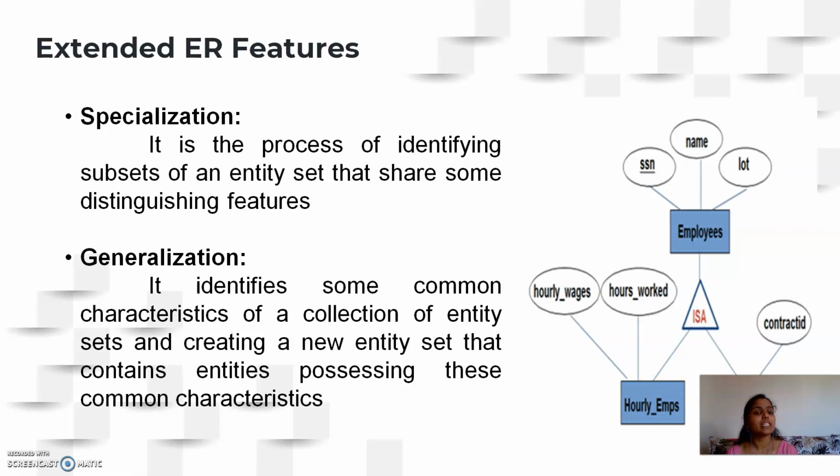Similarly, there could be another class of employees called contract employees who will be working only for a certain tenure of period. So here, in the process of specialization, first identify the super entity or the super class, and then identify the attributes that we have. From these attributes, identify the distinguishing characteristics and then put them into separate subclasses for which you will be providing the distinguishing features. The reverse process of specialization is called generalization.